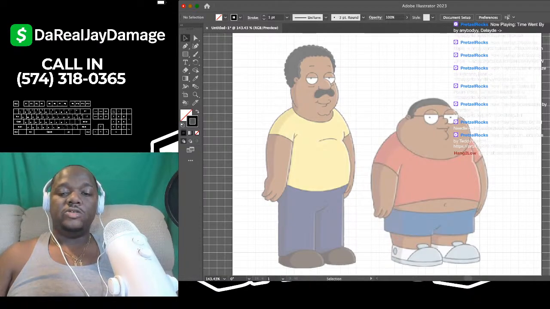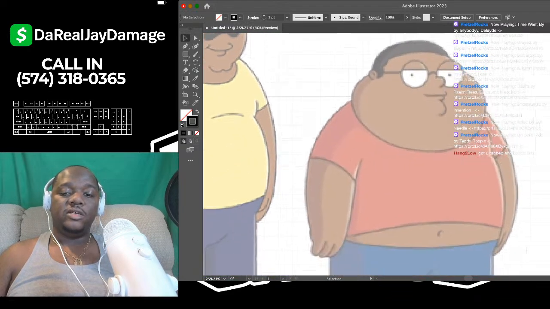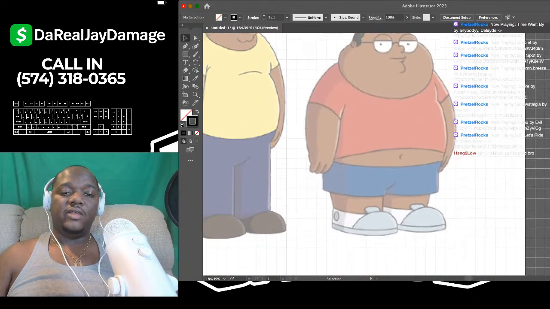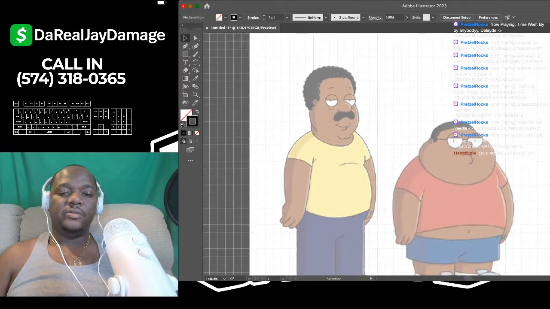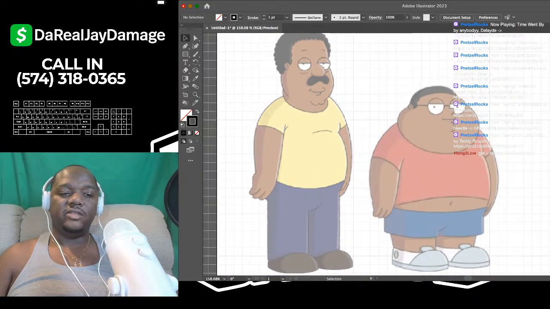Now, once you click that, you're ready to draw. So what you want to do is identify your project. See if there's any other tools you need to be using for this project, because you never know. But just from the looks of it, we would just need the pen tool and the curvature tool.